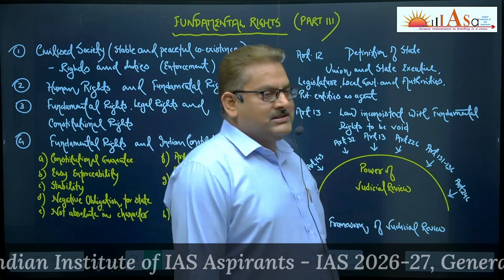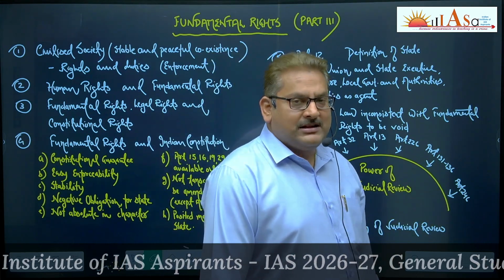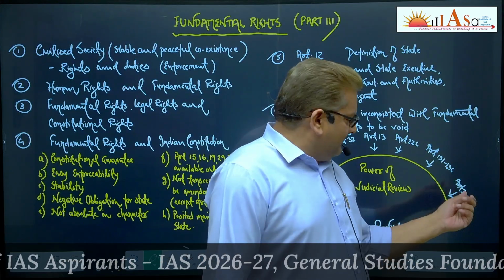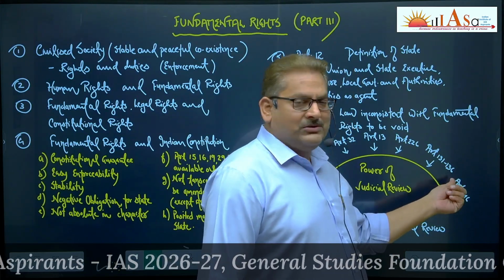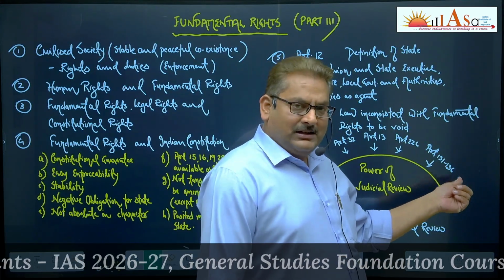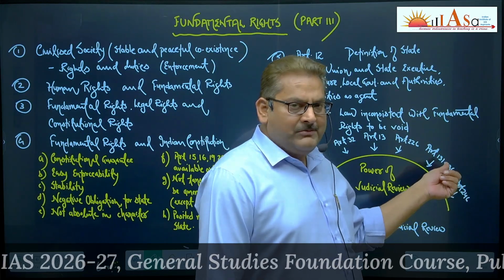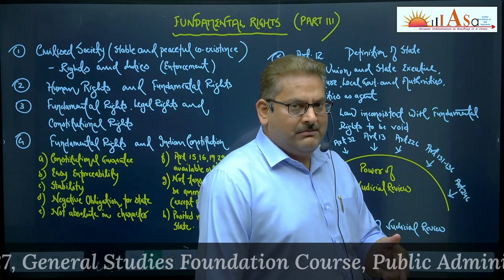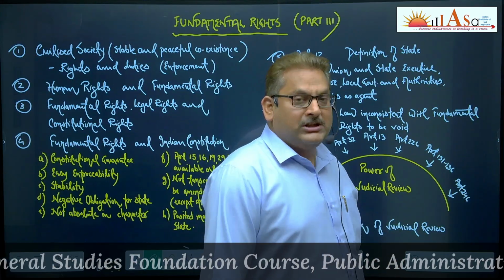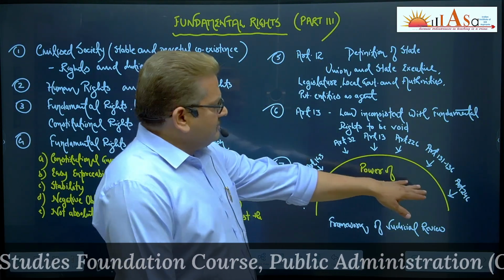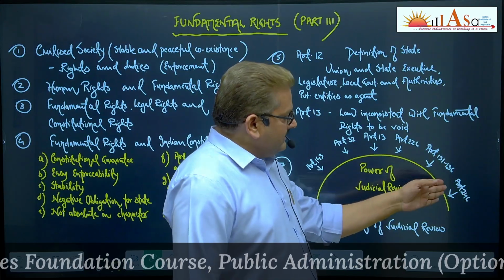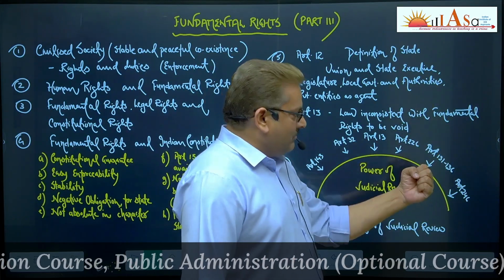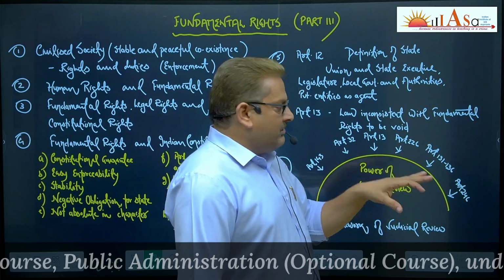Article 246 deals with the division of power between the central government and the state governments. It is related to the federal distribution of power. If any kind of dispute arises here also, it can be examined by the Supreme Court, which can apply the correctives on what belongs to the state government and what belongs to the union government. These are the sources of the power of judicial review. It means these articles in a way facilitate the intervention of the Supreme Court to decide the constitutionality of things.